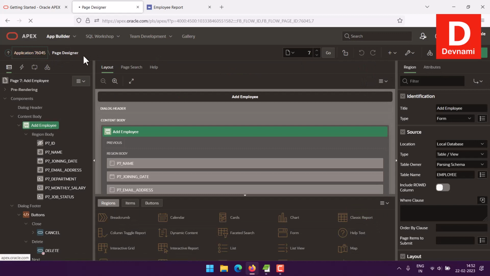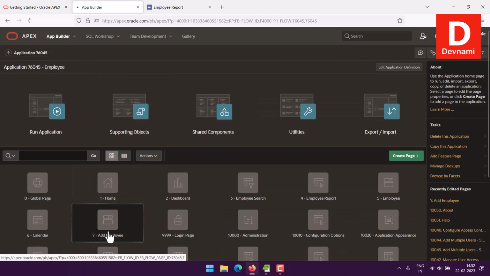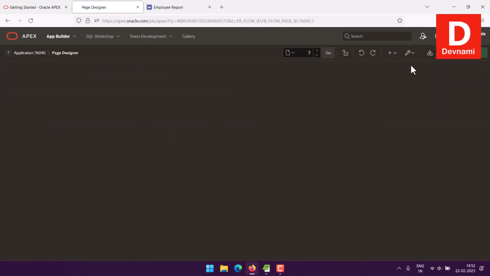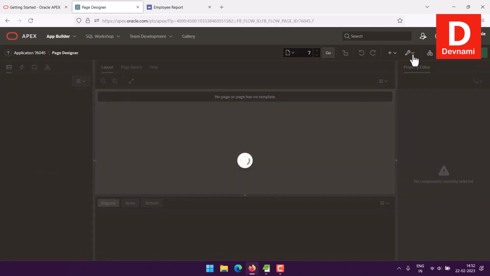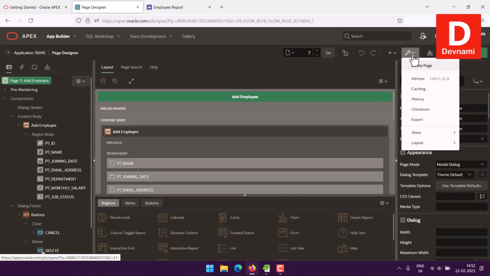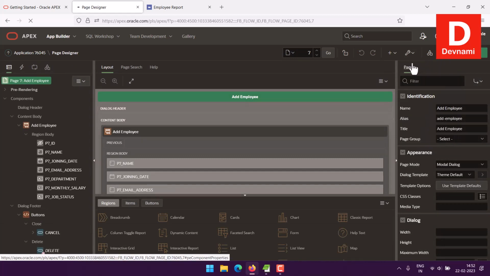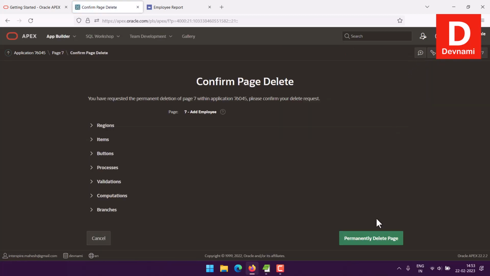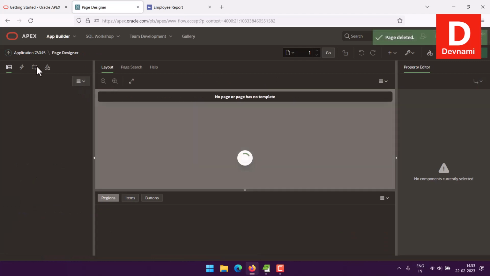So we will go back to our application and here I will choose add employee, and then here we will see if we can drop this, delete page. So we have that add employee page removed. Right, so I will go to classic option where I can create that. So I will go back to application,